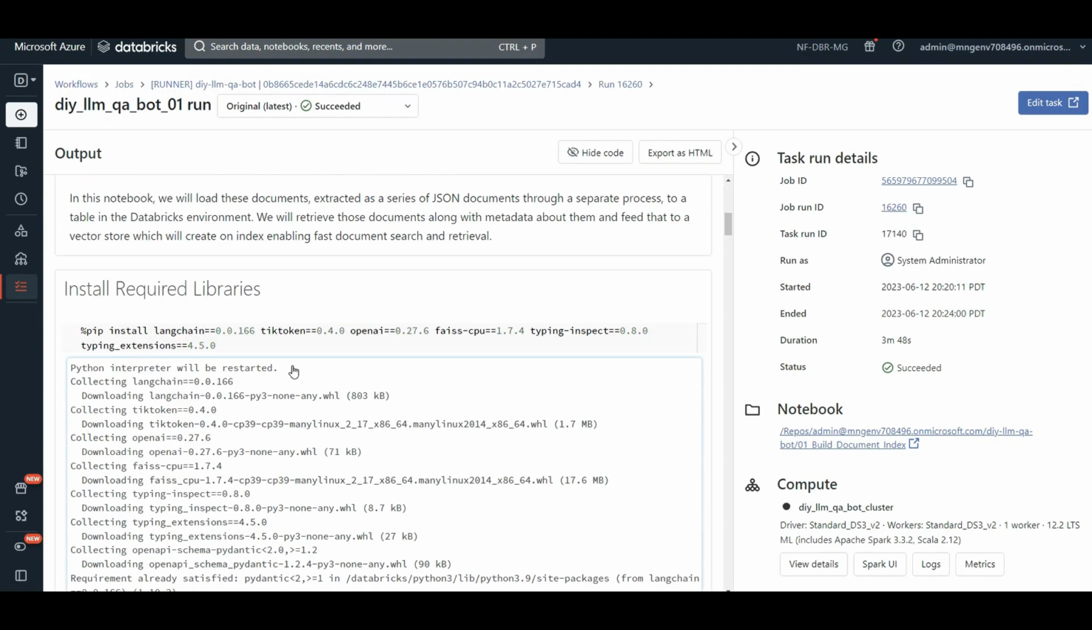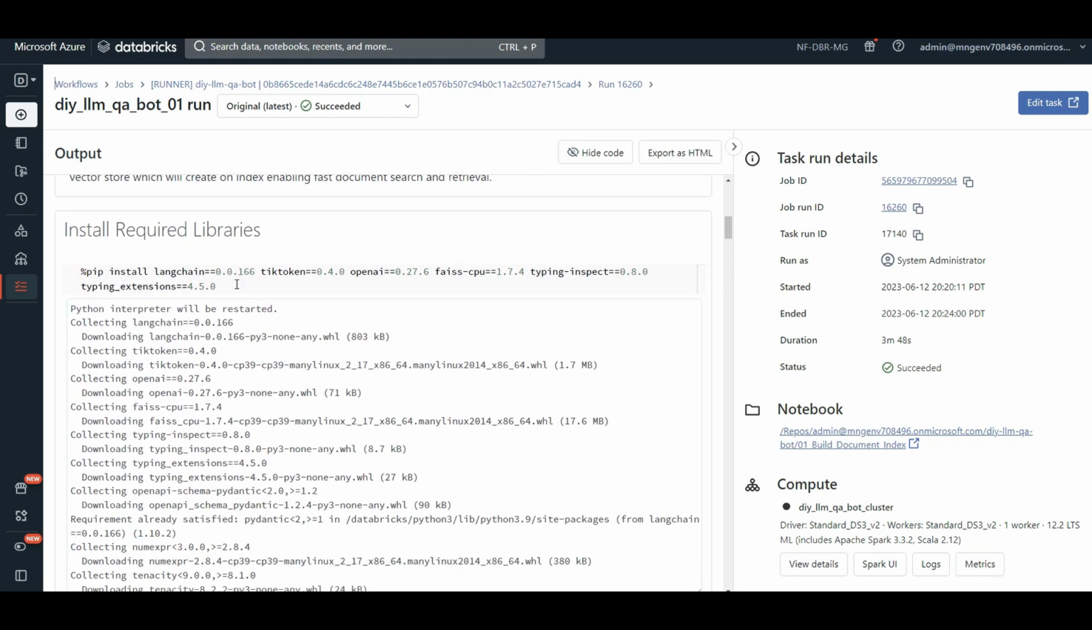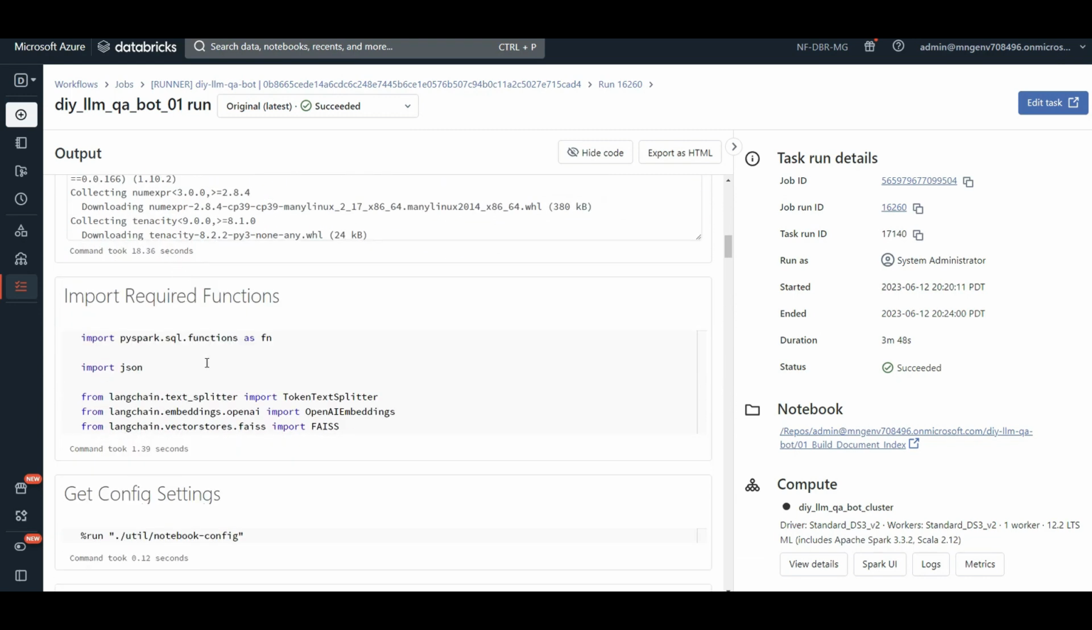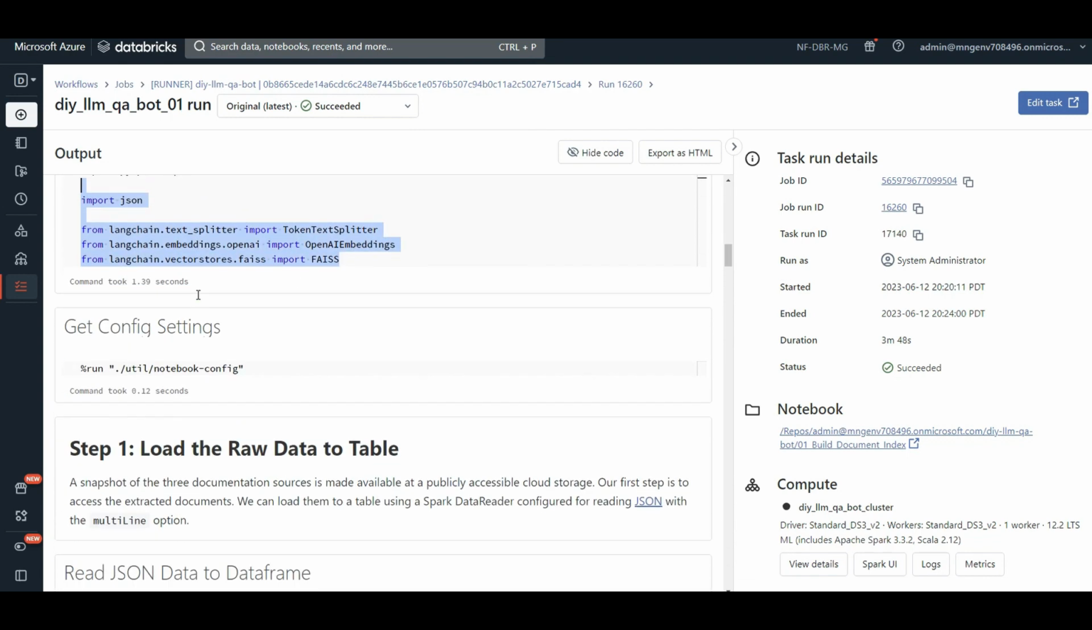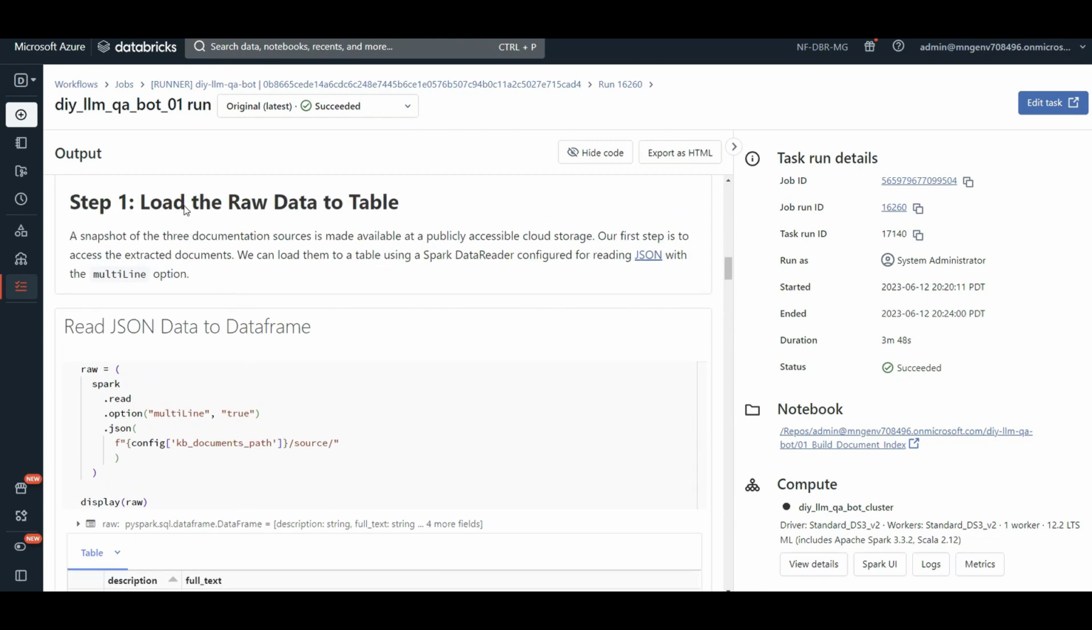So let's check out what we're gonna do here. If I move down, it is installing some packages like OpenAI, LangChain. These are needed for tokenization, creating the prompts, connecting to the large language model, creating a vector database with FAISS, and doing some semantic search, and some other specific libraries that are needed for executing this accelerator. Then importing all those packages we just installed, coming down, here is the raw data that Databricks used for this accelerator,